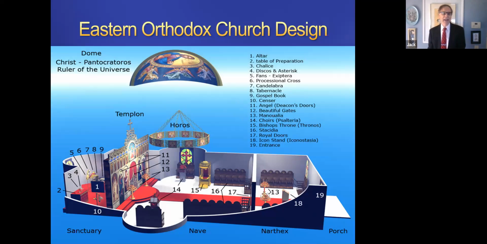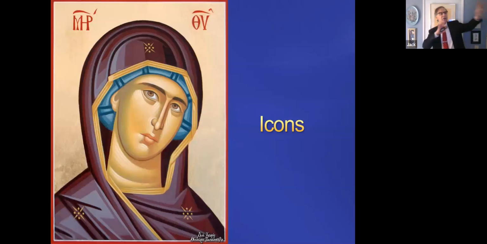Because an icon is actually a portal or a window. Since heaven and earth are so close and can be merged, it is seen as a window or portal between heaven and earth. And so when you're praying through this icon, you're actually praying through this window directly into heaven. And because it's heaven, it's shown that these people are otherworldly. So we showed symbols of otherworldliness where angels had wings and people had halos. And in Hindu art, they have multiple arms and such. Well, the way they're portraying otherworldliness is these certain distortions they give of the face and the shape.